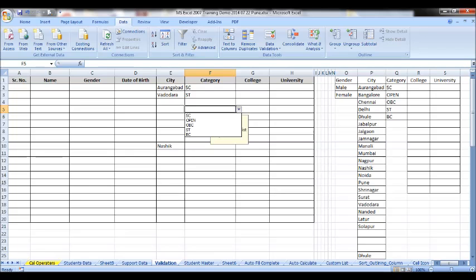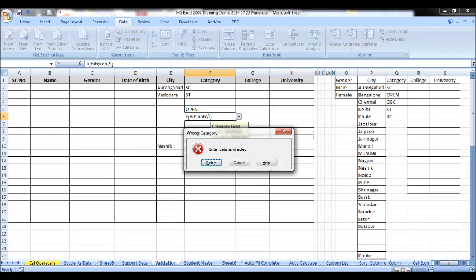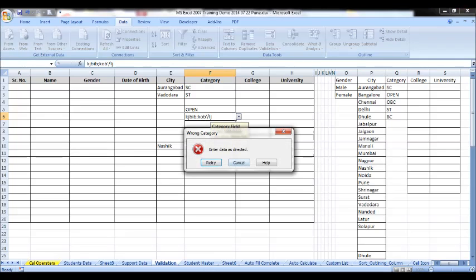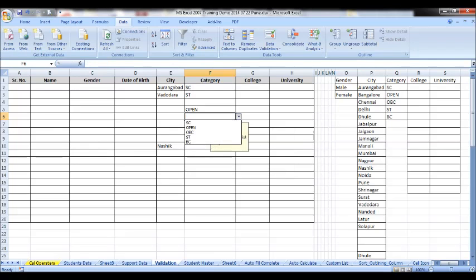Where is that drop down list? Here, enter from here. Suppose I enter something randomly, I expect the error message. This is that error message, wrong category, enter data as directed. So you can retry and enter through the drop down list.